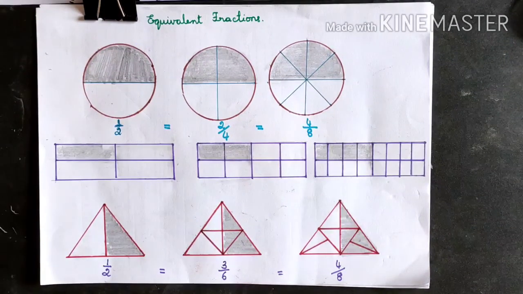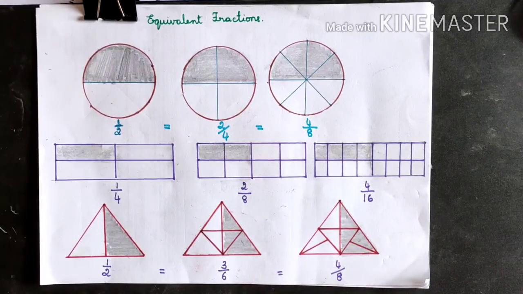With the rectangles, we have modified them and divided them in a different way, making a different fraction. Now if you see, the first rectangle is divided into 4 equal parts. One is shaded, fraction becomes 1/4. Second rectangle is divided into 8 equal parts. 2 are shaded, fraction is 2/8. And the third rectangle is divided into 16 equal parts. 4 are shaded and the fraction is 4/16.